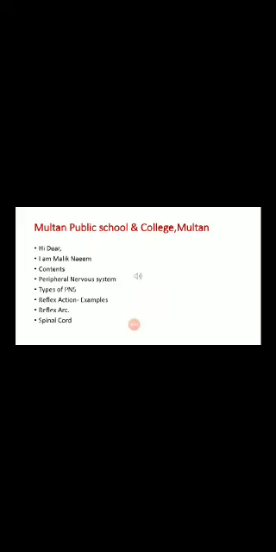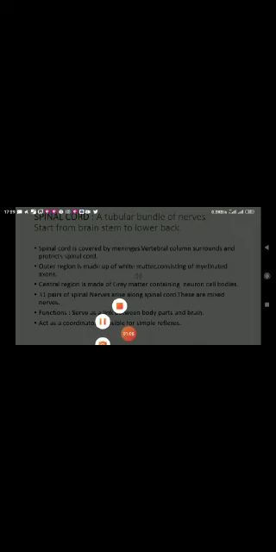Today's contents of the lecture are the peripheral nervous system, its types, reflex action with its examples, reflex arc, and the spinal cord that starts from the brain stem to the lower back. The spinal cord is covered by lipid layers which are called meninges. Meninges are also present around the brain as its covering. The spinal cord is protected by the